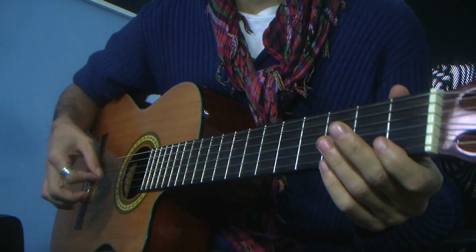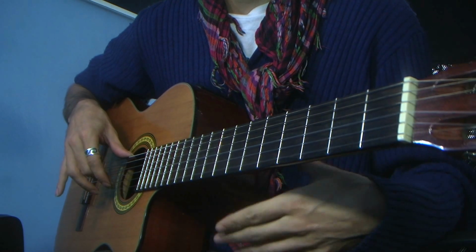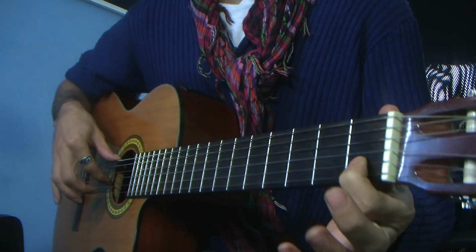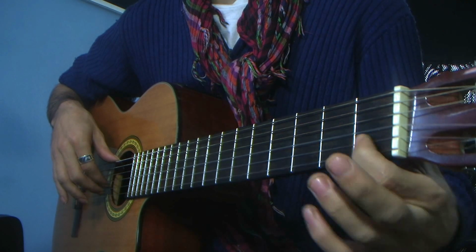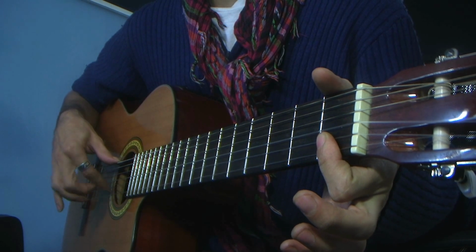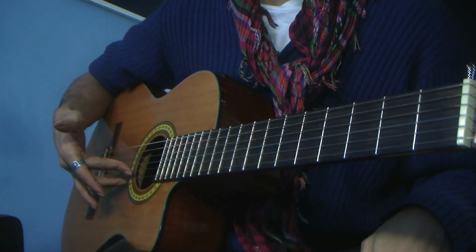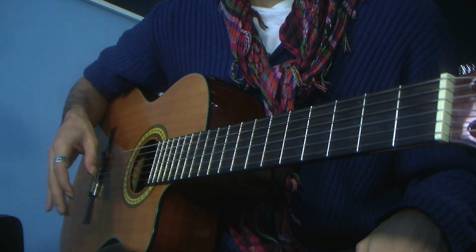Right here it would finish the fast part, and then we slide with index and release on the first, back on the first, release, and then the same thing on the second, but don't release it. You're just gonna slide from the first fret of the second string to the third, back on the first. Press down the skin of your index, so you press down the first fret, the first string, and then shape an E chord, which you don't really need. You can just pluck the open top bass with the middle, the second string, and the ring finger, the first string, and then with the ring, middle, whatever,